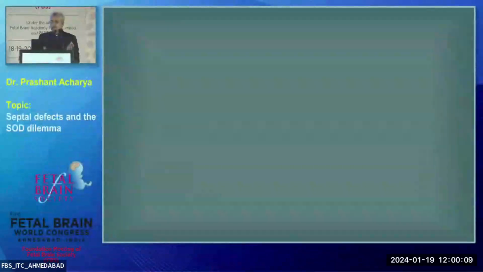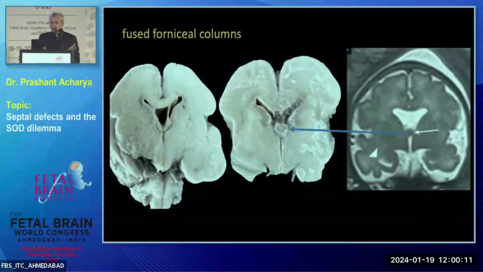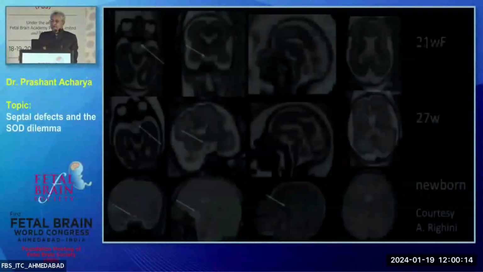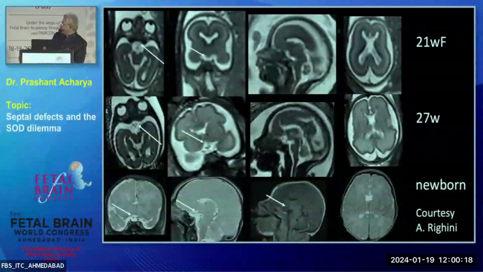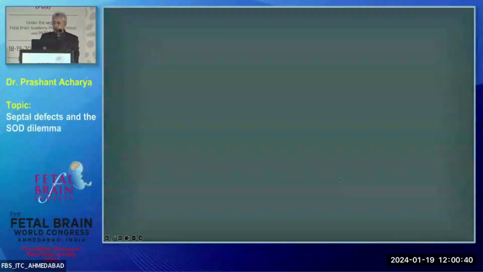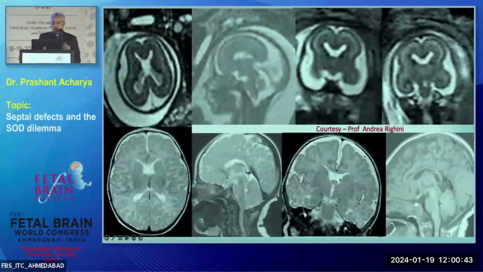There are a few fornical columns that also add on, but there are different gestations where MRI helps, and these are courtesy of Professor Andrea Rigini. He has given me these MRI images because we are not doing MRI in every patient there. So I got it from Professor Andrea Rigini. Thank you very much for supporting. So you have got all at different gestations. You may have different cortical development, the size may be different, and that's how MRI helps. You may have different elements going together.